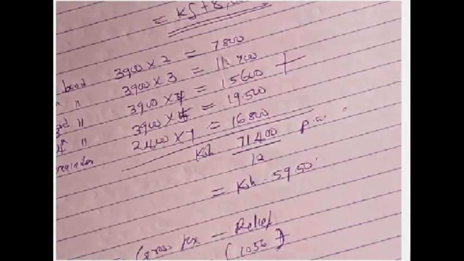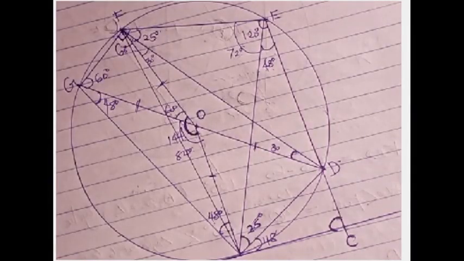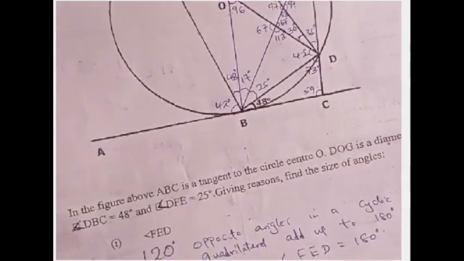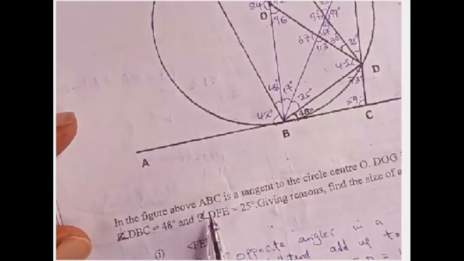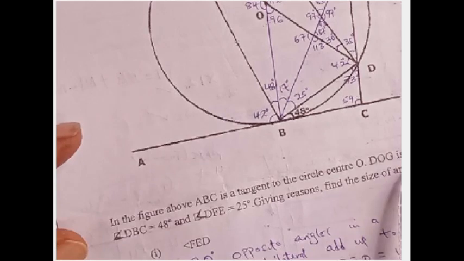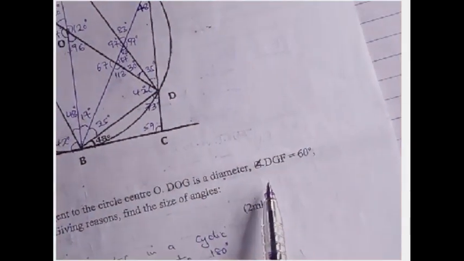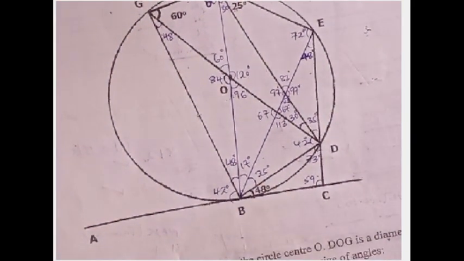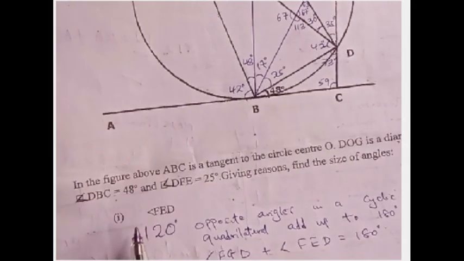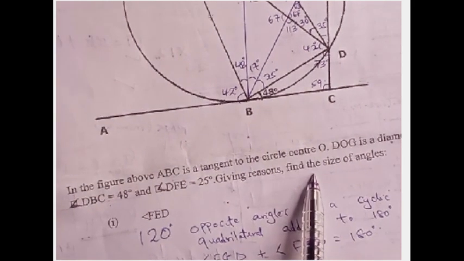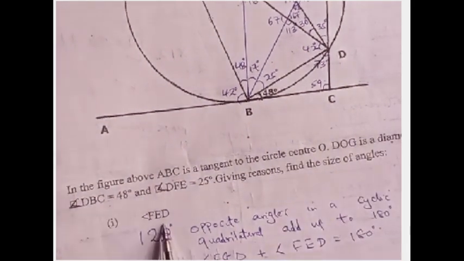Question 13. The question reads: in the figure above, ABC is a tangent to the circle center O. DOG is the diameter, and angle DGF is 60, angle DBC is 48, and angle DFE is 25. Giving reasons, find the size of angles FED,